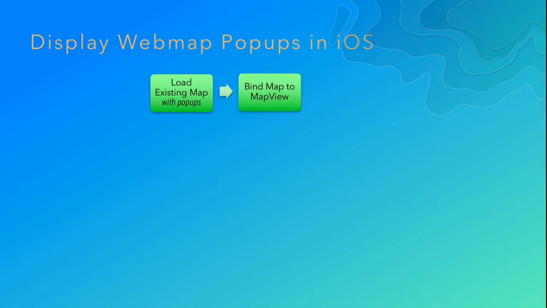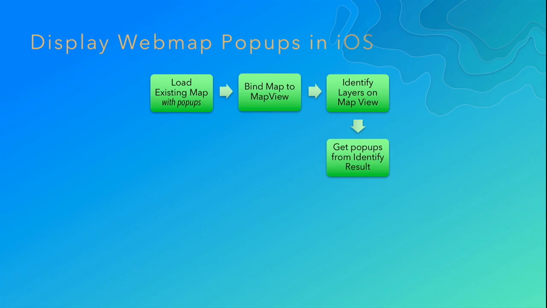Then whenever user taps on the map, we want to be able to display pop-ups for features in that tap location. So we know identify operation on the SDK allows you to discover features at a particular tap location. So we would do that next. And the SDK allows you to get pop-ups directly from the identify results. And then we would add these pop-ups to a specialized view controller exposed by the SDK, which is called a